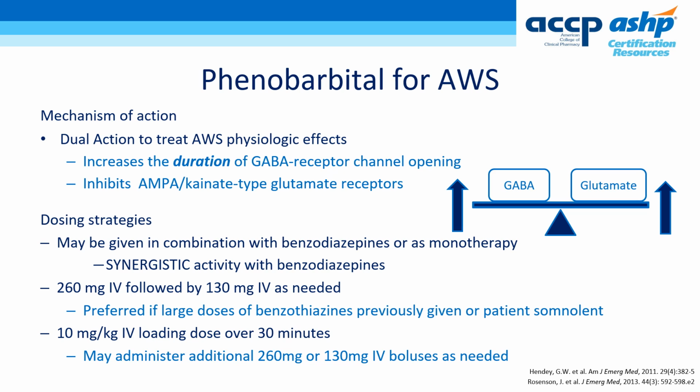Phenobarbital has a dual mechanism for the treatment of alcohol withdrawal and works on both GABA and glutamate signaling. With that said, at conventional doses, phenobarbital does not have as much glutamate receptor inhibition as other barbiturates like pentobarbital. Even though one would imagine that phenobarbital may be superior for alcohol withdrawal treatment due to its dual mechanism, supportive literature is lacking for phenobarbital monotherapy or its superiority over benzodiazepines. And most studies do utilize phenobarbital as an adjunct to benzodiazepines.